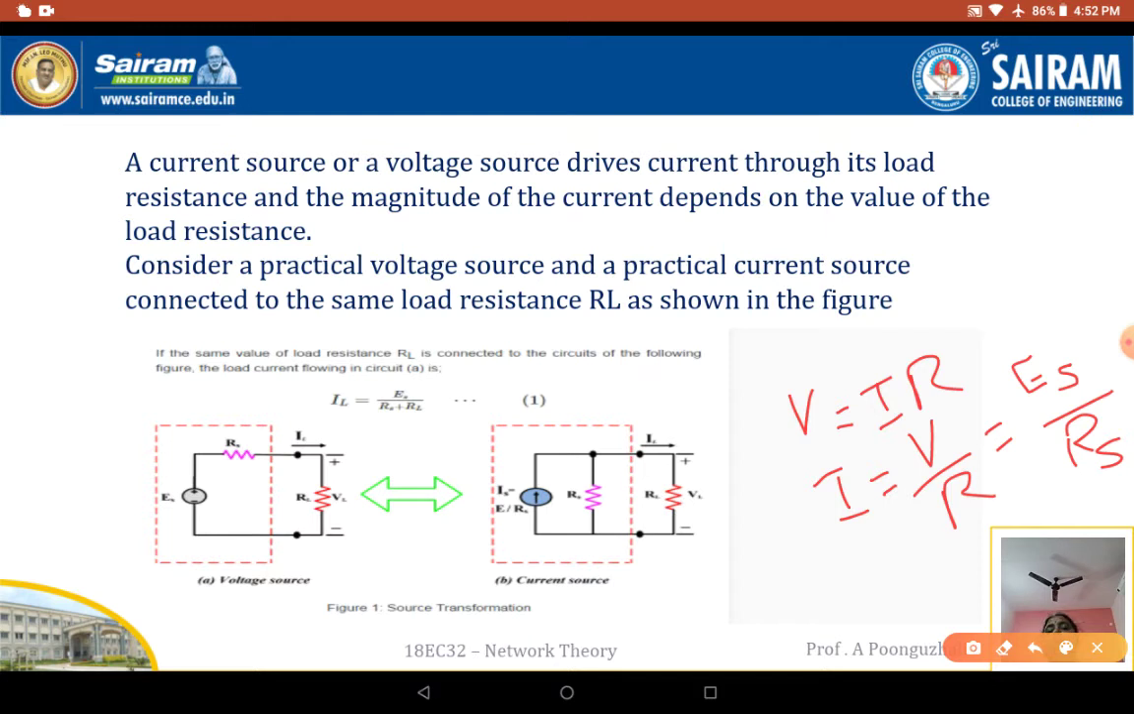So here I am going to convert this voltage source into a current source, where the current source is equivalent to E by Rs. And always we know that the current source should be in parallel with the resistance Rs there. So here we are going to have a load resistance connected there. Now if I want to find out my load current IL, so IL is equivalent to